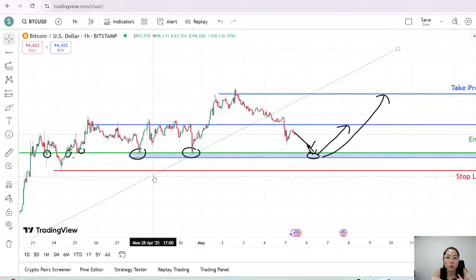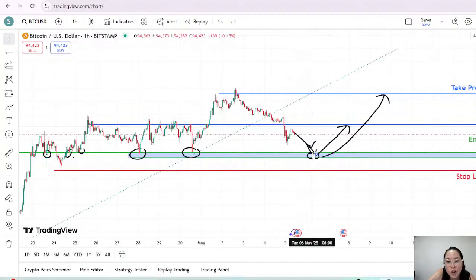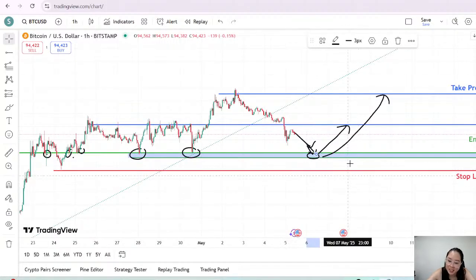But if you do 1-to-2, for every 4 trades that you get correct, you can have 6 wrong and you are still profitable, right? But if you do 1-to-1, you need to get 6 correct and only have 4 chances of being wrong to be profitable at the end of the day. That's why risk to reward is so important. If you don't master risk to reward, you will not be profitable in trading.